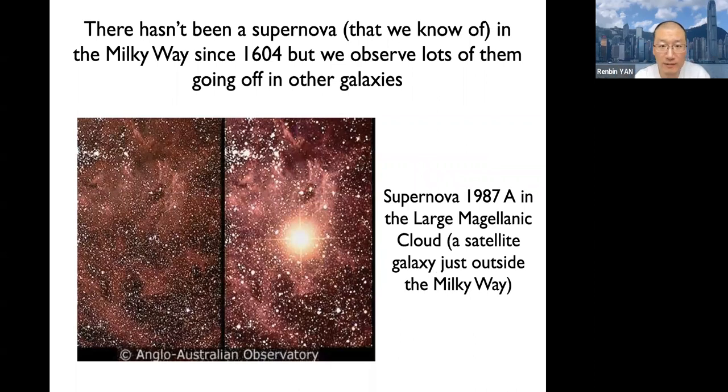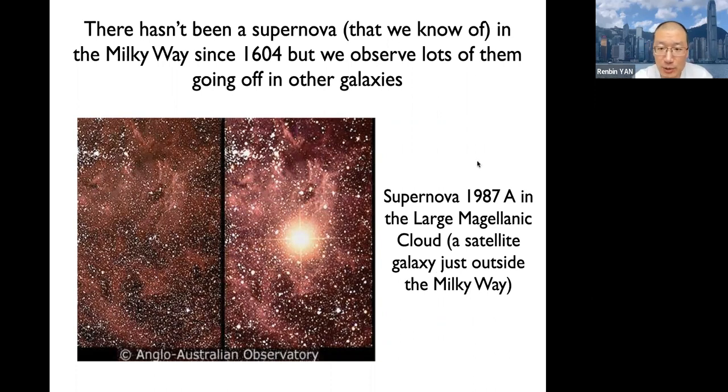So this is what can explode a supernova. This is how there's actually multiple kinds of supernova. This is only one kind of supernova that can happen. It is basically the end of a massive star. It forms a neutron star in the middle, and the outer envelope gets ejected.